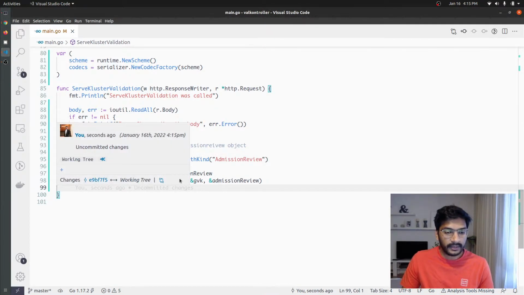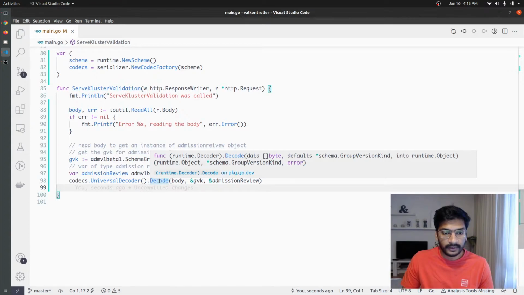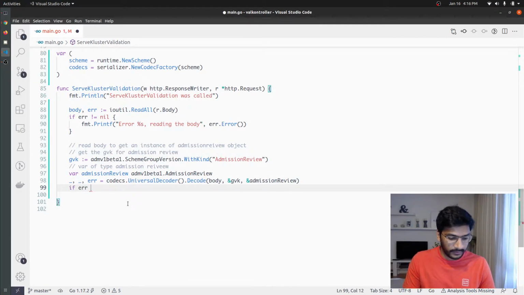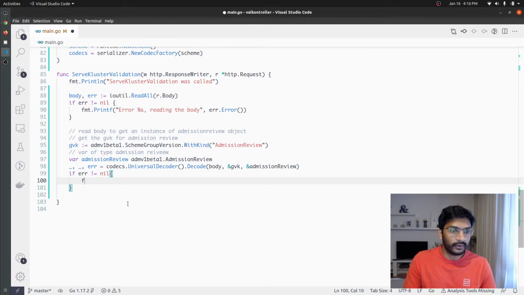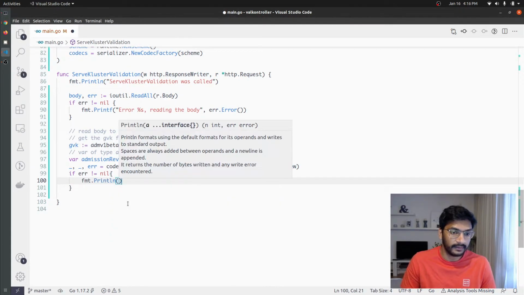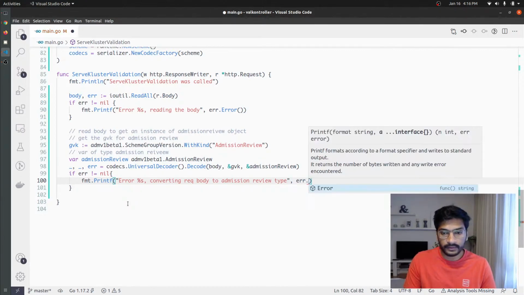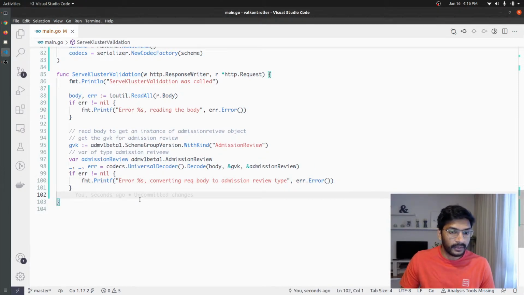It returns an error. So let's go ahead and try to check if error is not equal to nil. In that case, we want to again handle that error correctly, and for now we are just going to say error %s converting request body to admission review type, and the error is going to be this. Now that we have converted